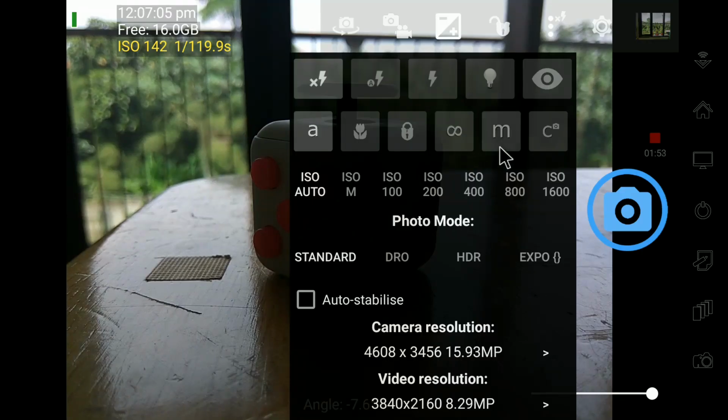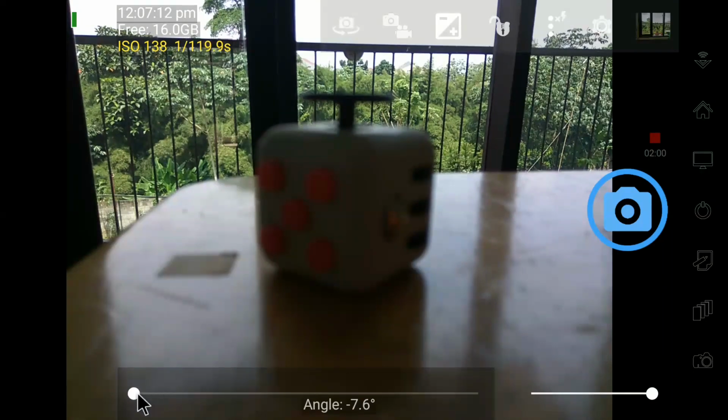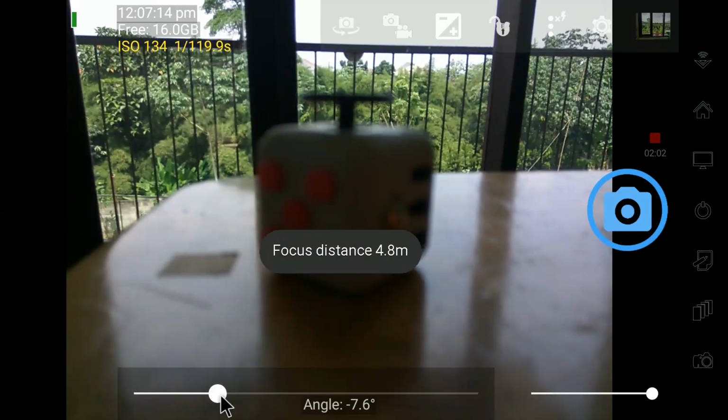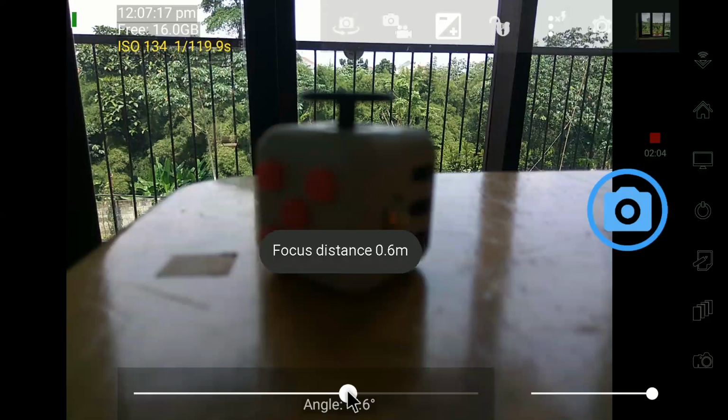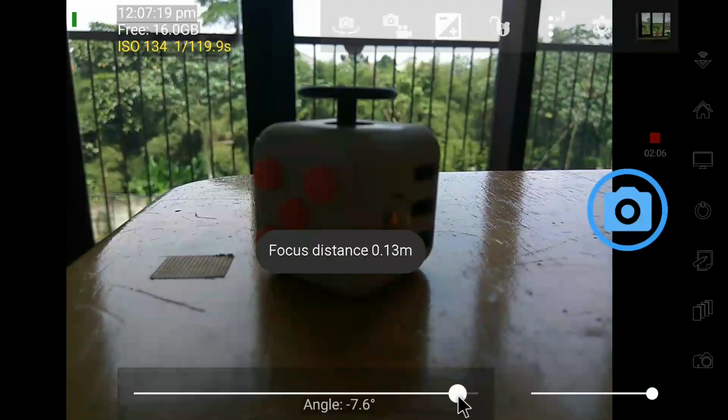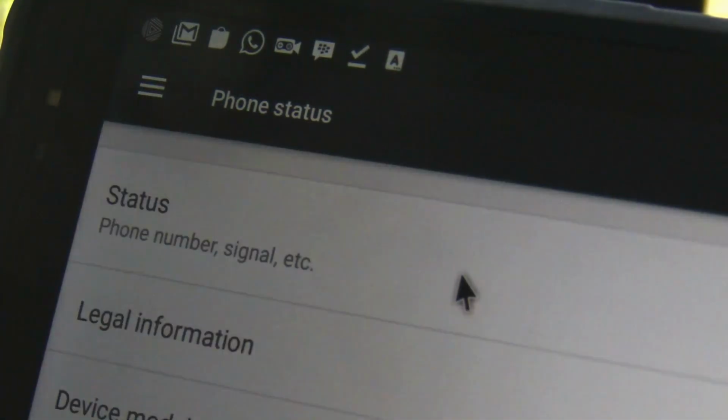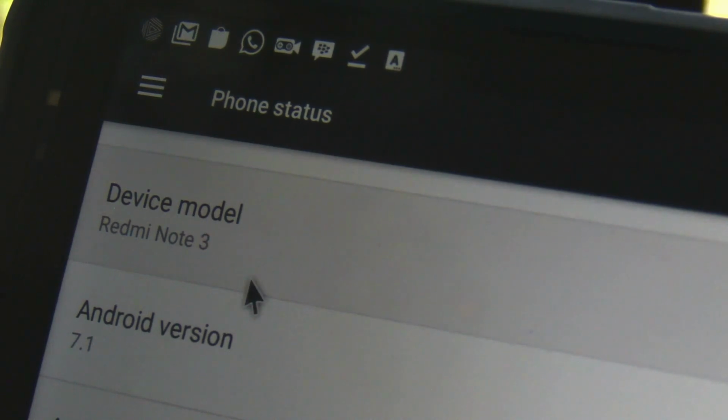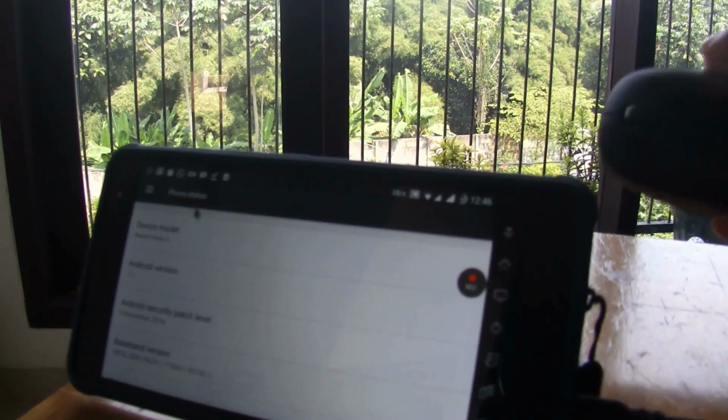This video is about two best free camera applications. I've tried so many Android camera applications and these two are the best in my opinion. In this video, I'm using a Xiaomi Redmi Note 3 Snapdragon using Resurrection Remix ROM, attached to a wireless mouse.